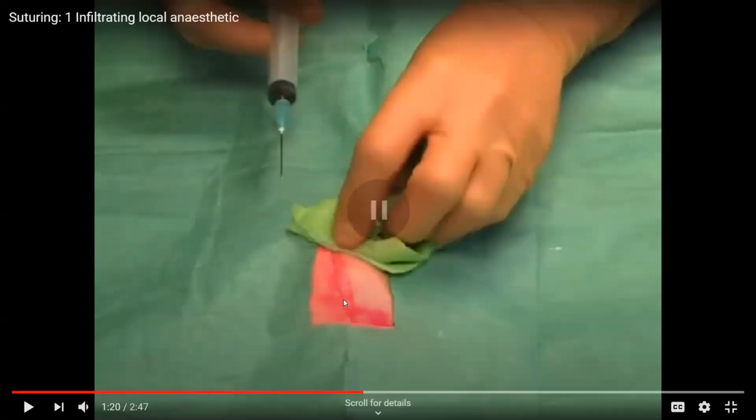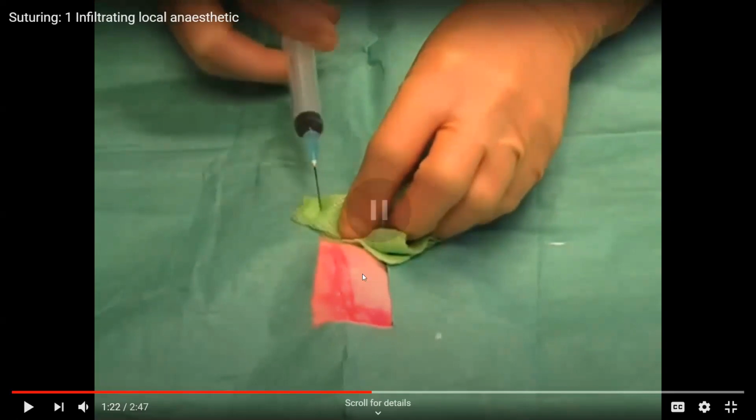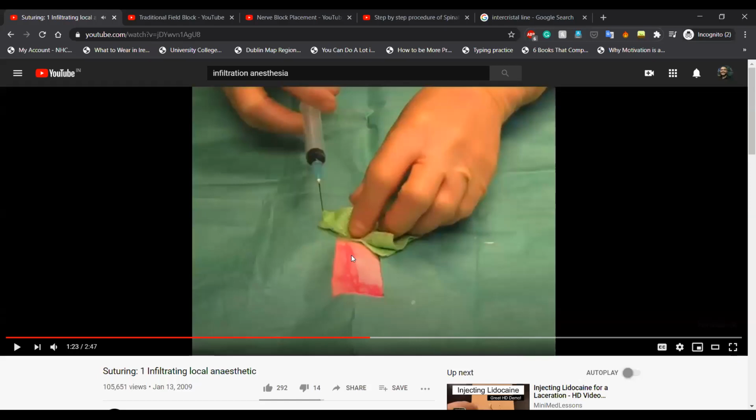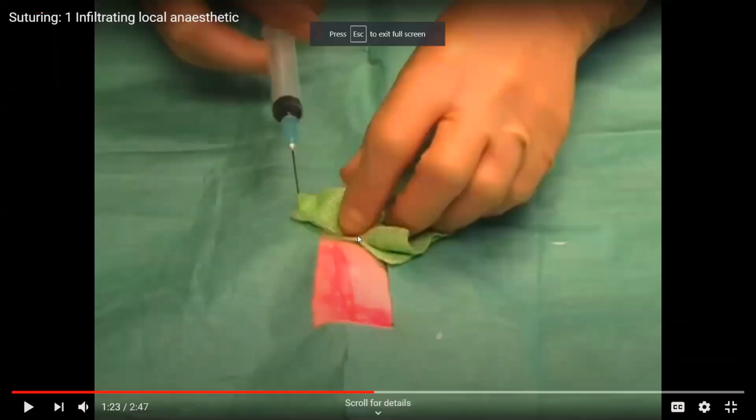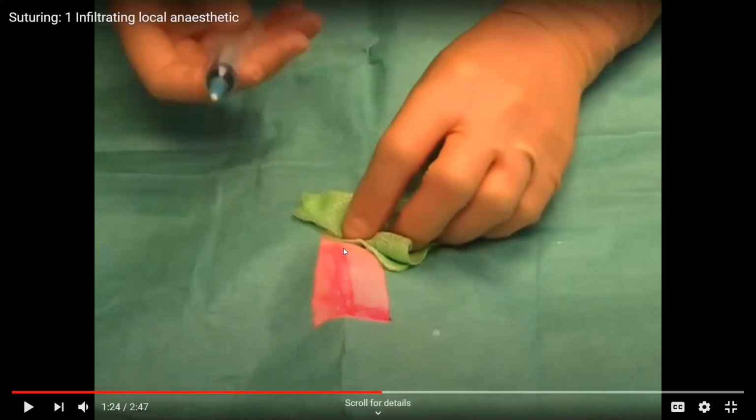Now let's suppose in this case she has injected this, right? Now if the wound is large enough where you are not able to cover the whole wound, in the sense that only a part of the wound, here the laceration is very big and she has only covered part of the wound, what you will do is you will move a little forward to the end point where you had poked. Now your needle went completely inside, right? At the end of the length of the needle, you'll poke again and you'll do the process again.